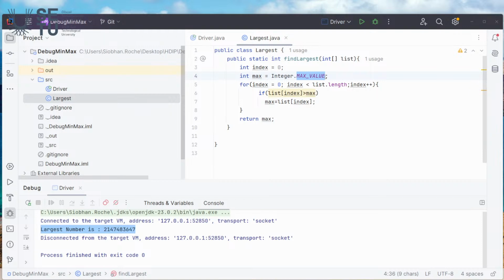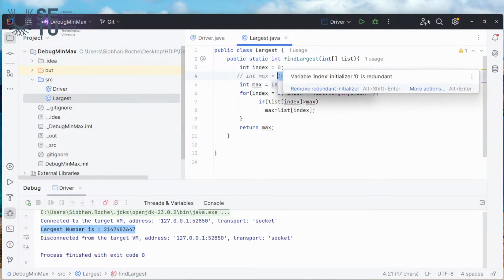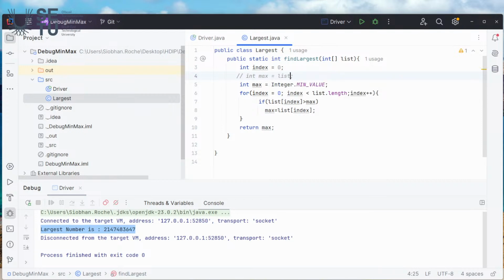We could either say that it's equal to the min value, so that's one way of fixing it, or we can say it's equal to the first value in the list. So there are two ways of fixing it, and we'll run through it with both of them. If we set it to the min value and we run it,